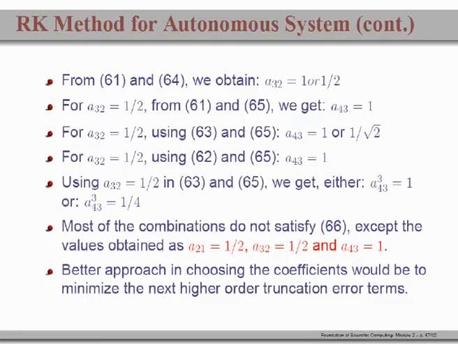So, we decided to take 1/2, because you do not want to go in an intermediate step all the way to the terminal point. So, that 1 would be a non admissible solution, right. So, that is what we decided, that we should take A32 as half. If we do that, then we will get A43 as 1, and